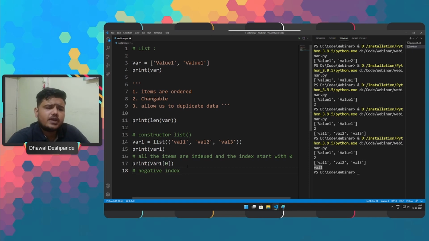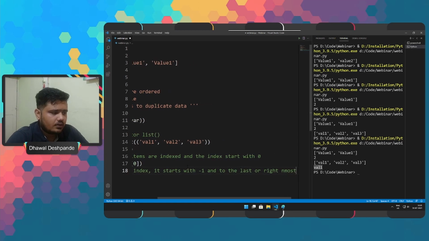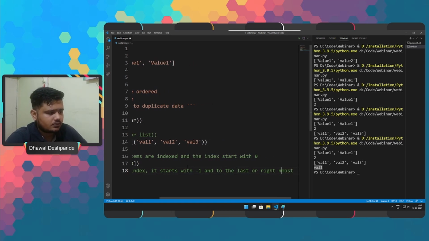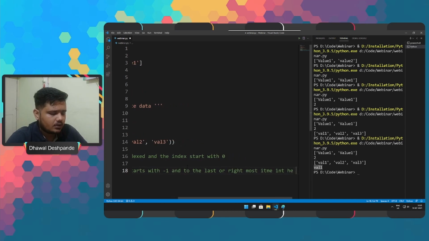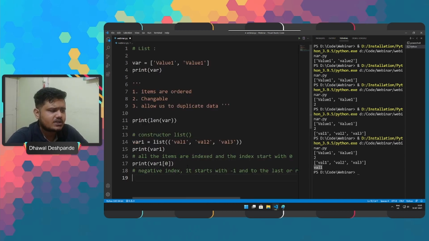So when we talk about negative index, it starts with -1, and -1 is assigned to the last or rightmost item in the list. This is very important.